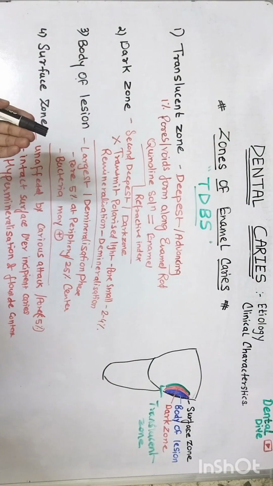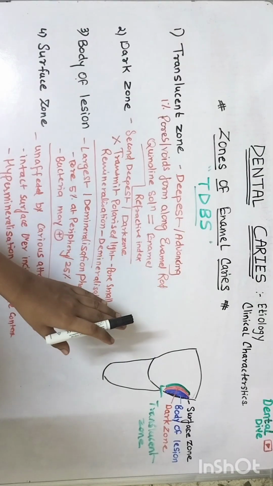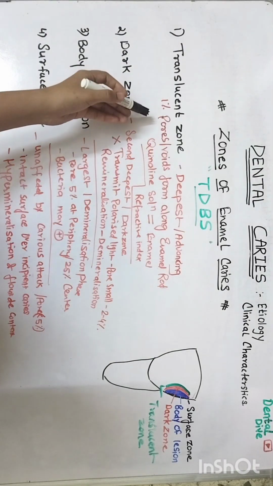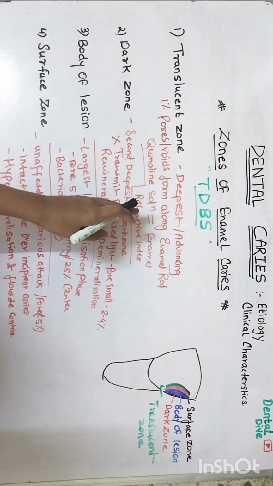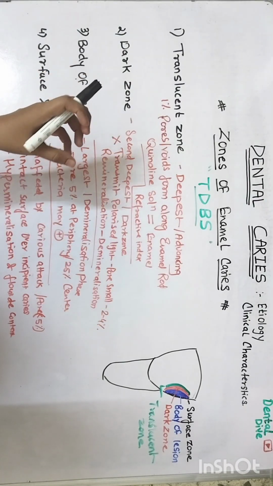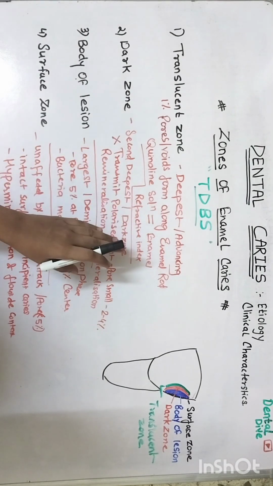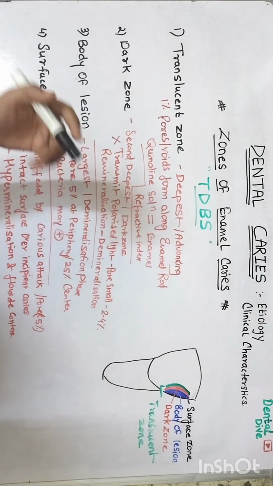Then the final one is the translucent zone. It is the deepest advancing zone which has the pore size of 1% forming along the enamel rod. If the pores are filled with quinoline solution, it disappears because the refractive index of enamel and quinoline solution